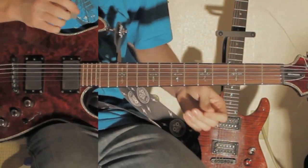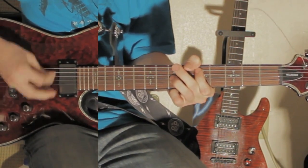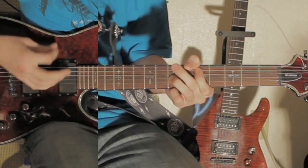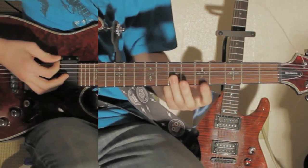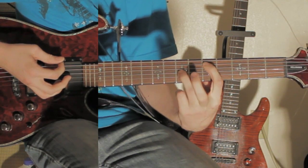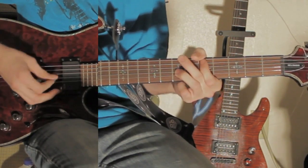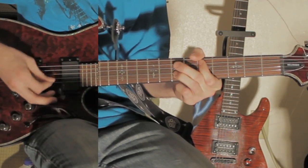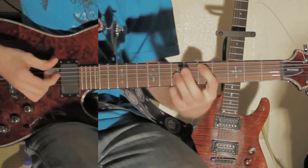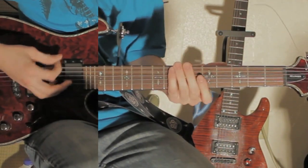Okay, and after that part, you'll hear the guitar in the back playing this. And all that is an octave chord on the 5th fret. And when you get to the end, use your ring finger right here on the 7th fret of the 3rd string and just slowly start bending it. Okay, and then that guitar is going to continue playing that note while the rhythm guitar comes in and plays the...